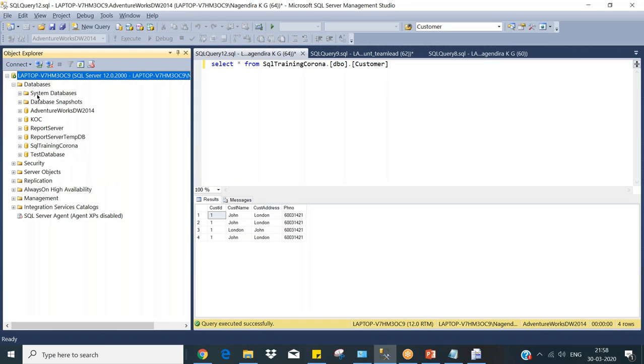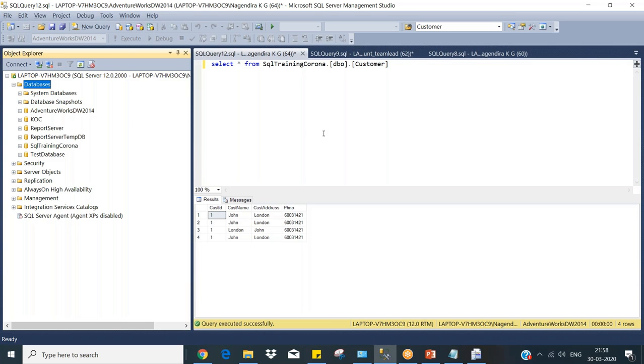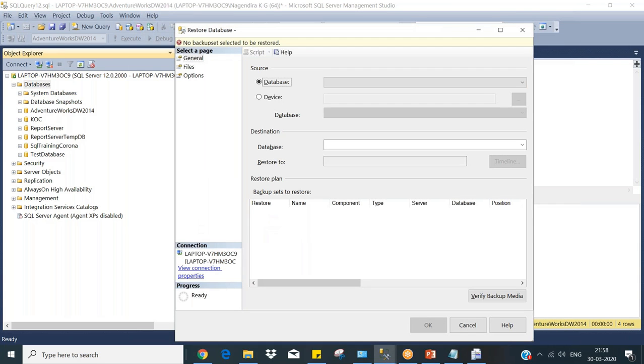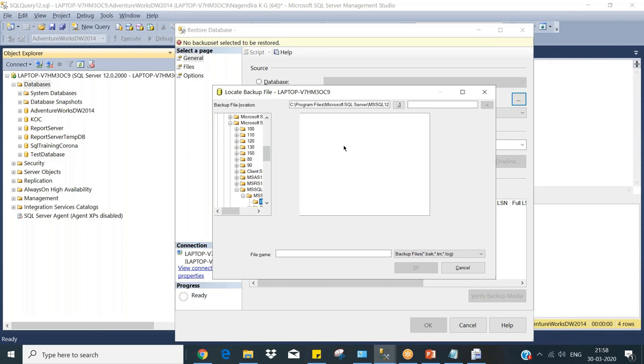Okay guys, one last thing I want to show you. So I have something like this. I want to take a backup, or once I have taken a backup, I want to restore the database. What I need to do, go here, restore database. Already taken a backup of it. So from device, if it's stored, and add